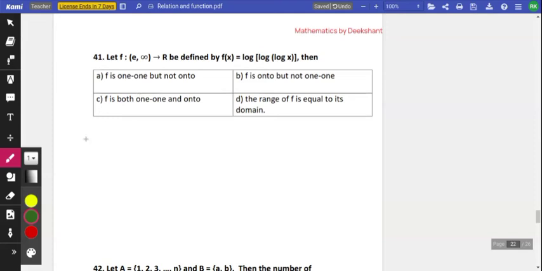Again in this question you have to check whether the given function is 1-1 or onto. For the given function to be 1-1, every element has one image, meaning for domain and range every element has one image. So for f(x) is equal to log